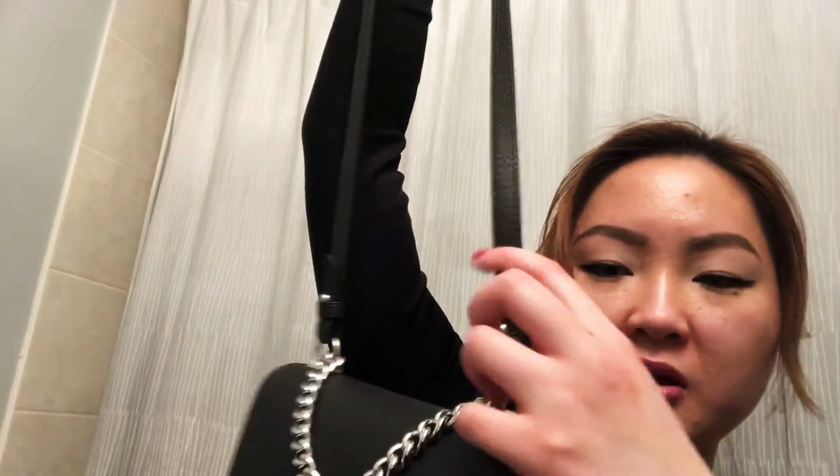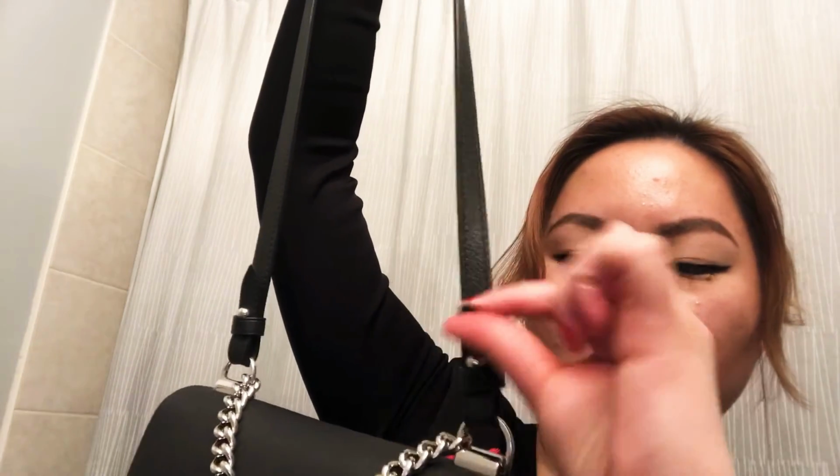And yeah, it's not adjustable. There are no additional holes, or you could punch additional holes, but that's really up to you. I personally wouldn't, because I don't think it would look good with a lot of this extra leather going up the strap here. The strap also comes with a larger, wider